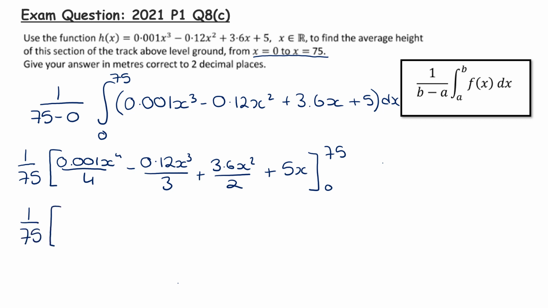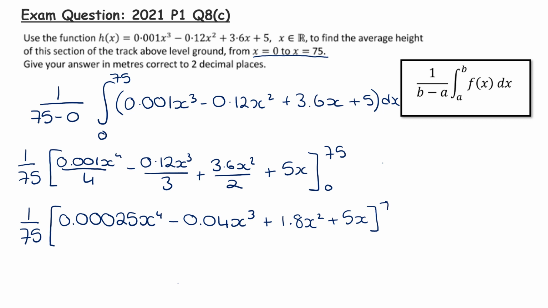This is going to be 0.00025x to the power of 4, or you can leave that as 1 over 4,000, minus 0.04x cubed plus 1.8x squared plus 5x, and then we can sub in 75 and 0. Now when I sub in 0, because I am subbing directly into x here, I'm going to get nothing. So I'm going to be a little bit cheeky there and not sub that in. So I have